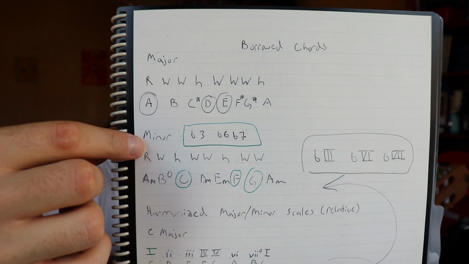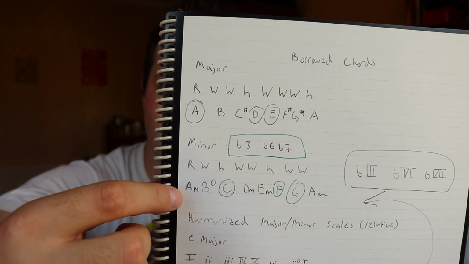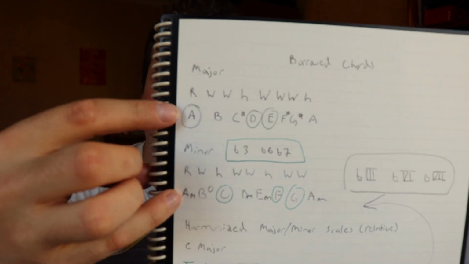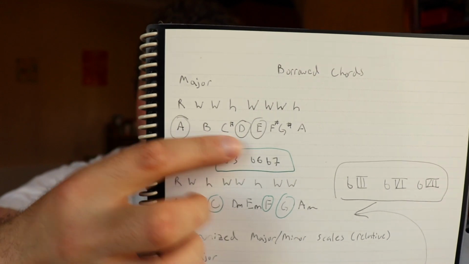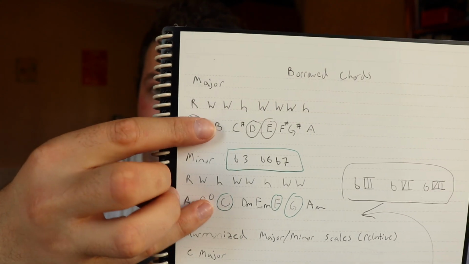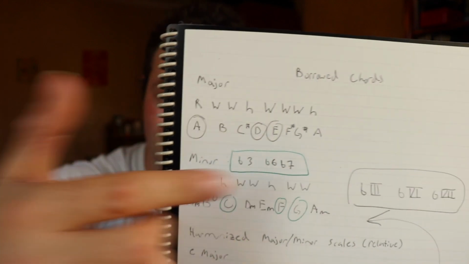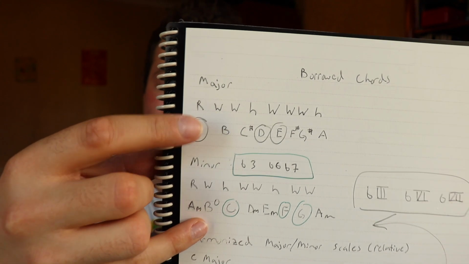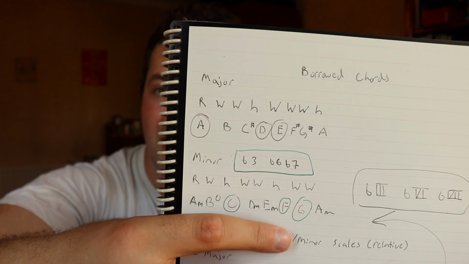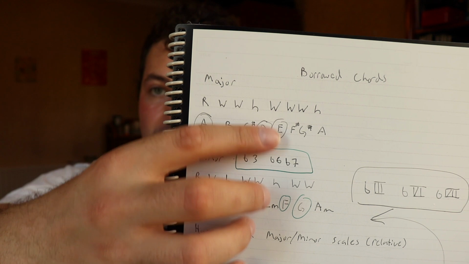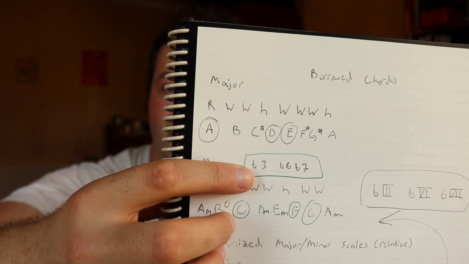I'll probably show the same image in a future video, but basically you have your major scale, your minor scale, and then you're looking for the major chords in your minor scale. Now we're doing parallel, so you'll see that these both start with the note A: A, B, C, D, E, F, G, A for the minor, and then with the major, C sharp, F sharp, and G sharp. Thereby we get that flat 3, flat 6, and flat 7. That's what's different between these two scales; even though they're parallel, there are differences: C sharp and C natural, F sharp and F natural, and G sharp and G natural. So relative to the parallel major scale, A major, we have a flat 3, 6, and 7